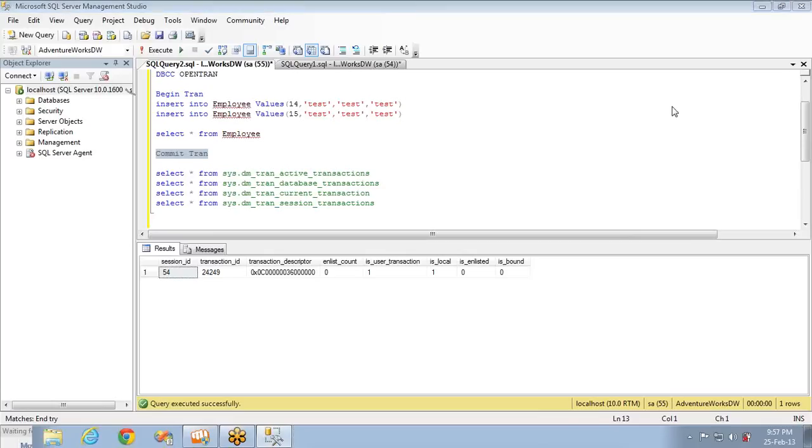Okay, this is about the transactions. We discussed implicit, explicit, and auto commit transactions with examples and the ways you can find out what are all the active transactions that are present in the session. And there are a lot of topics to discuss in transactions, like nesting of transactions and save points in the transactions and distributed transactions. That's one way of transactions.